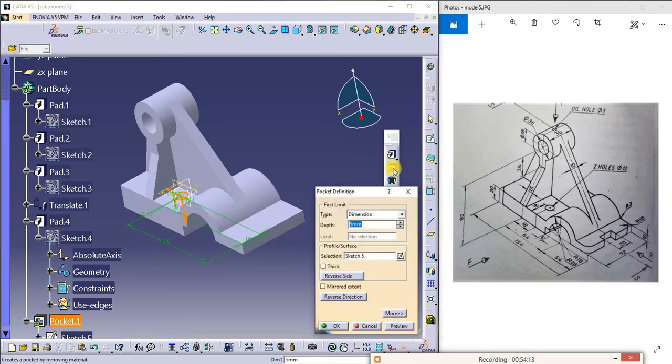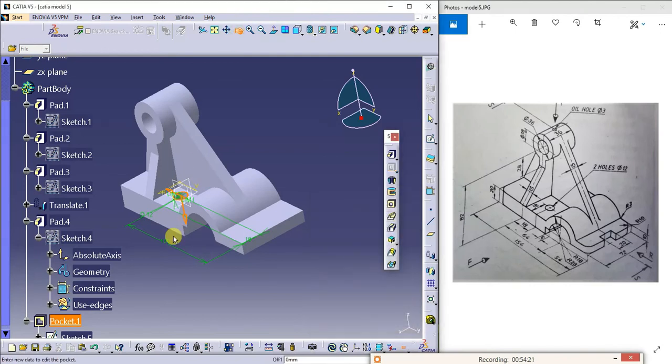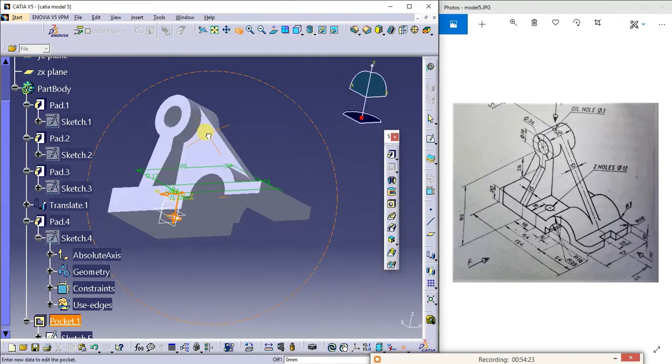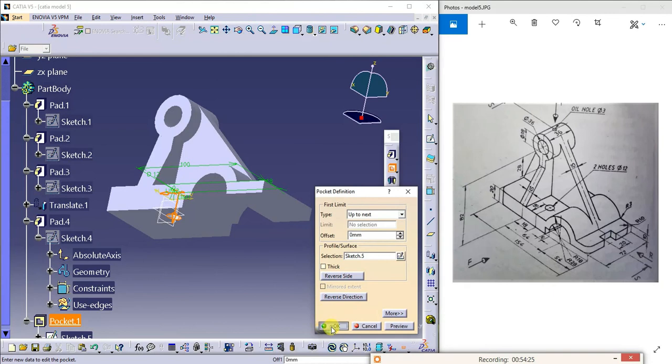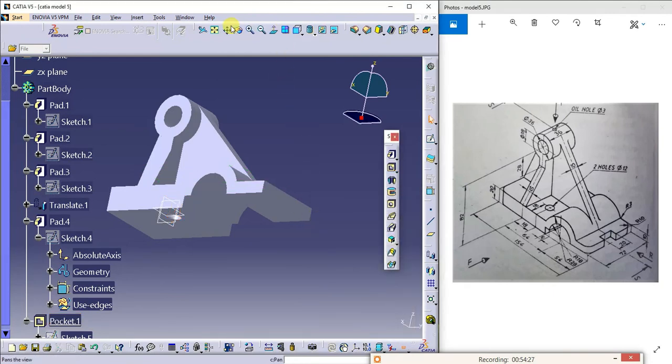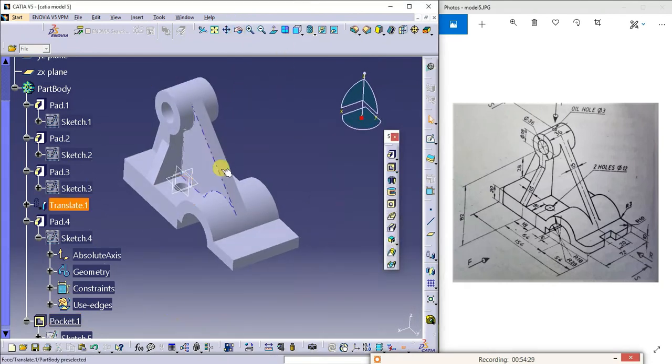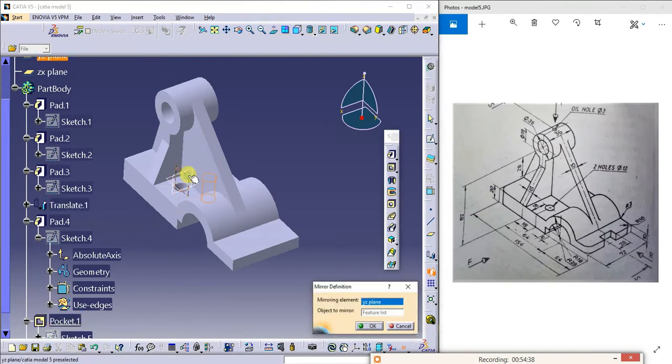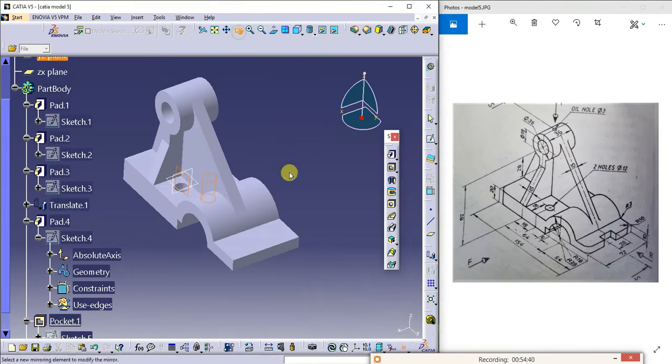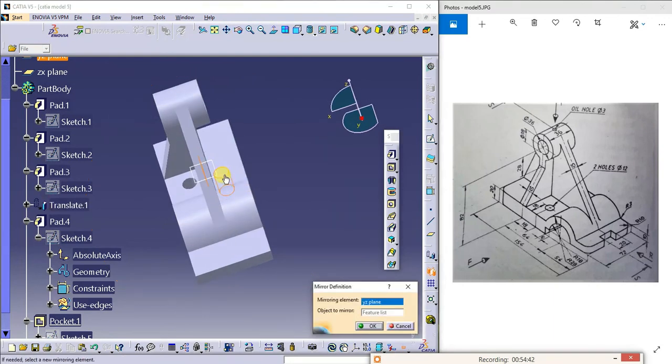I'll take the command pocket, I'll go for up to next. See how a hole is created here. Next, I'll go for the mirror command. I'll select this hole over this plane. See here, a hole is created.